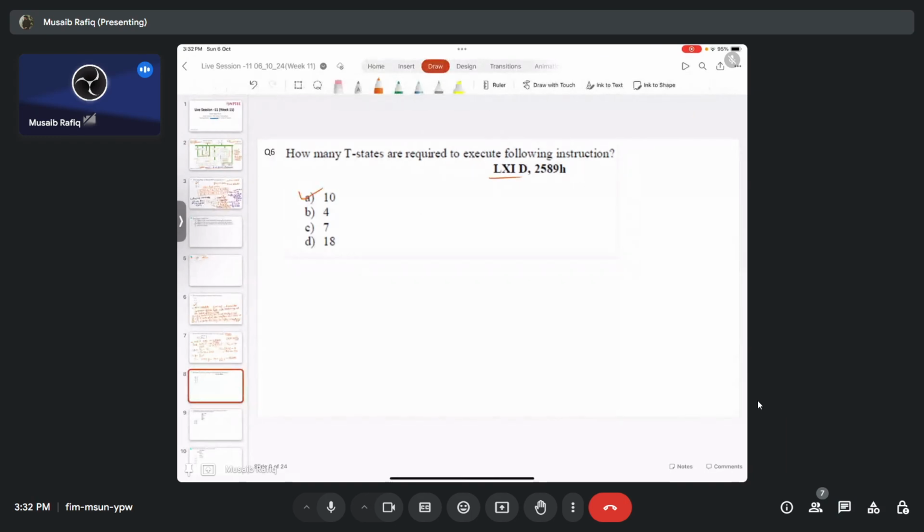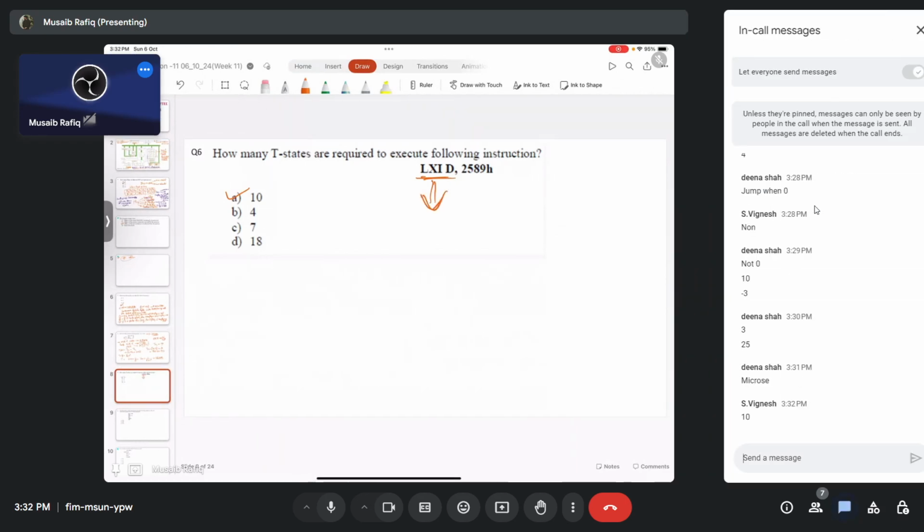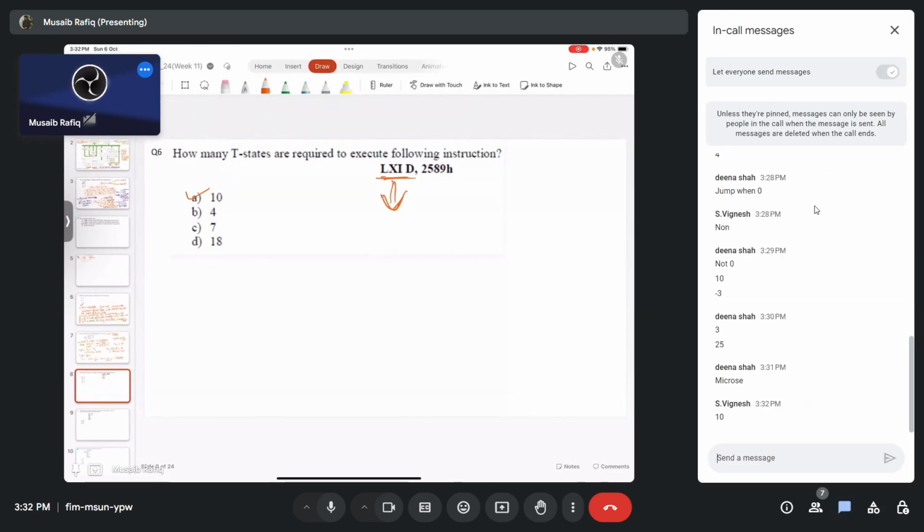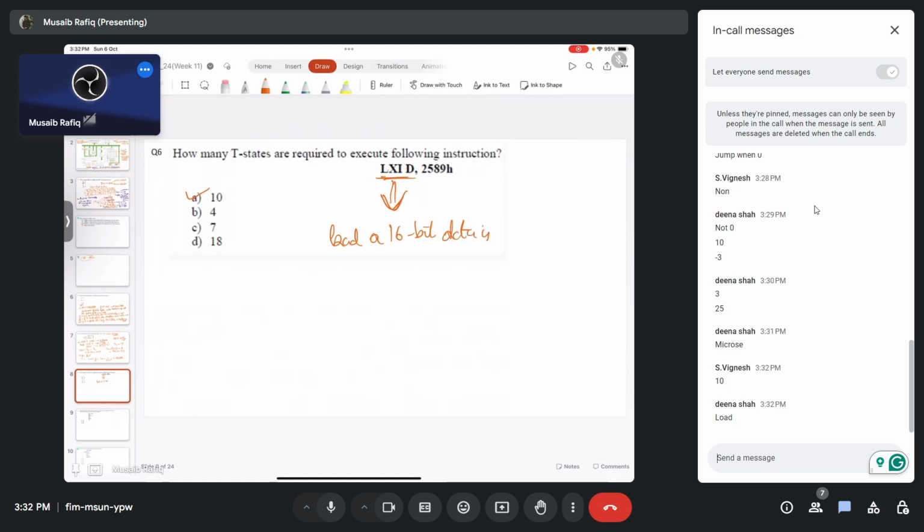By the way, what does LXI mean? Yes, LXI means load. It is an instruction for loading 16-bit data into a specified